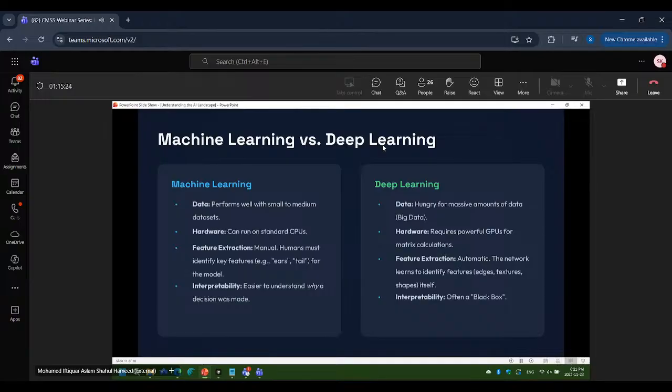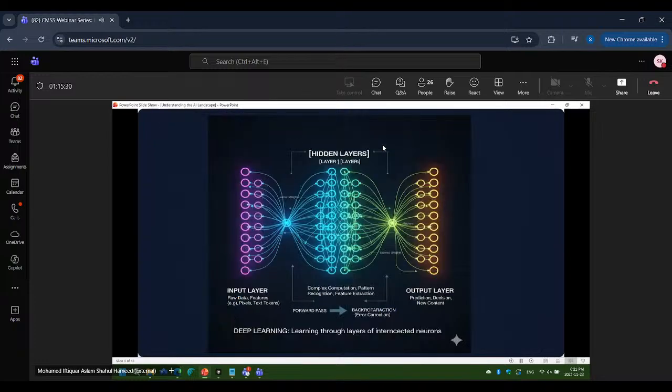And this one is interpretability, which is often a black box. When you say black box, we say this as hidden layers, right? We don't know what is happening here, so that's a black box to us. We just define the algorithm and how many nodes it has to pass through, but the weights and bias are automatically calculated through the hidden layers. As I said, with more hidden layers, we will be more accurate, but again the computing power required might be more.